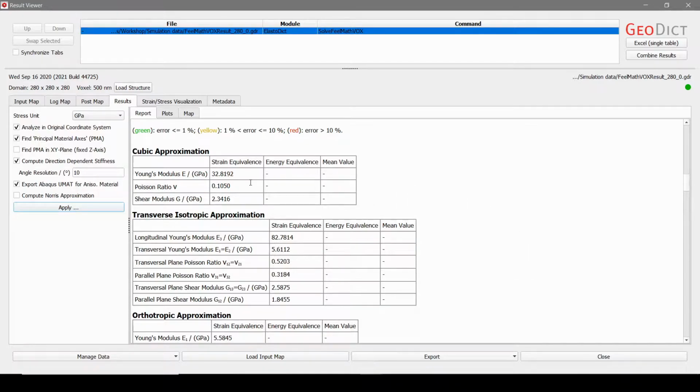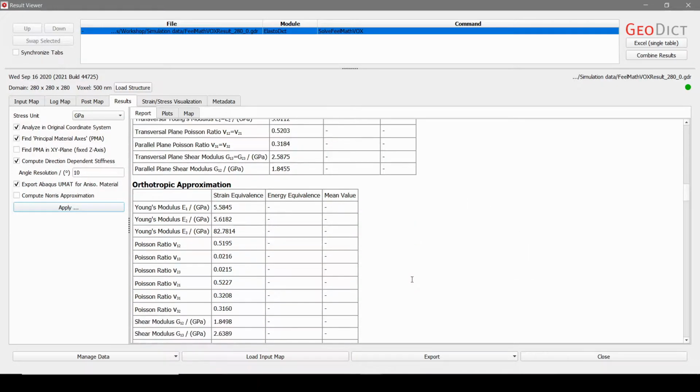There you can also get the transverse isotropic approximation, and again the orthotropic approximation. Here you just have to be a little bit careful, because in Geodict, per definition, the stiffest direction is always the 3 direction. But it's the same values. That's also to be expected, because in our material the main direction is aligned to one of the global directions, namely the x direction.